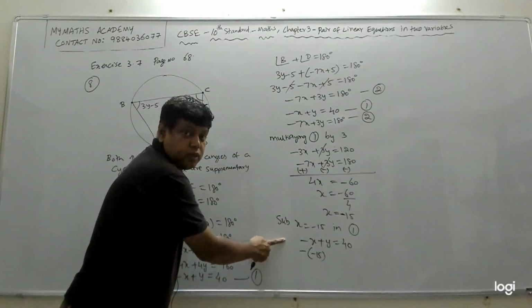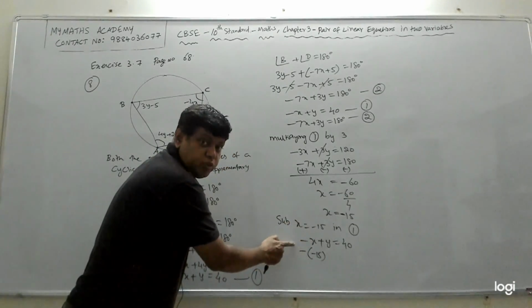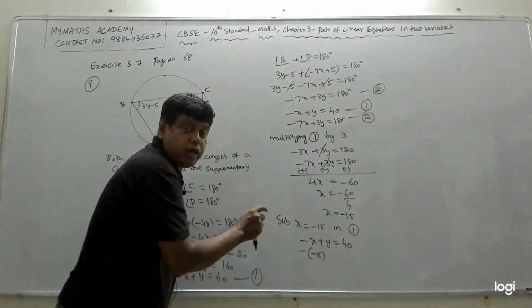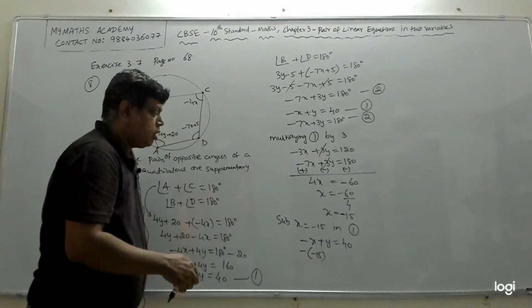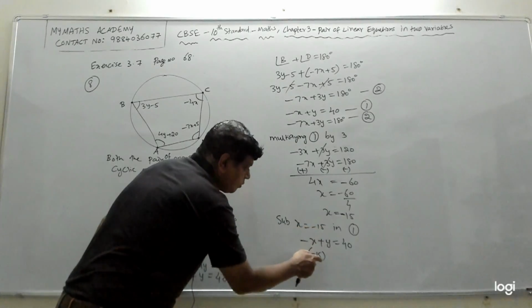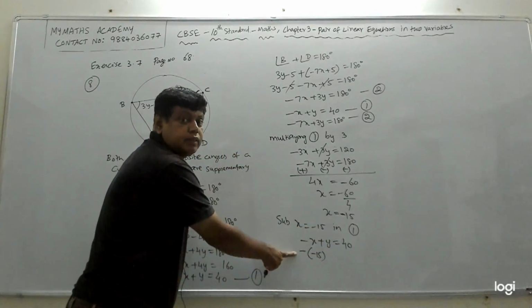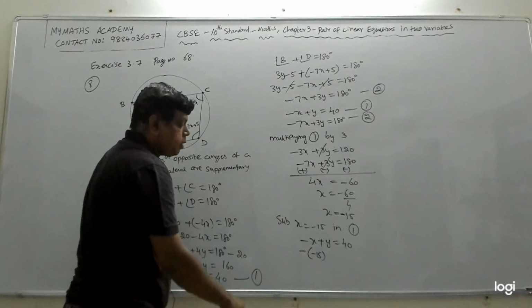Guys, are you able to follow what I'm saying? You will make a mistake here. This is the point of making a mistake. You have to be very careful on the points where you make the mistake. Already there is a minus. I'm putting that minus. And value of x is what? Minus 15. Some people will directly put minus 15. They won't put this minus. They'll get confused with two minus. So you have to be careful.